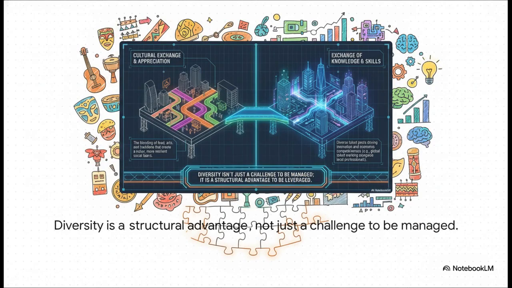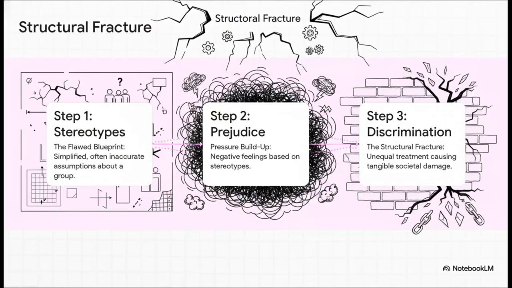And this slide just illustrates so brilliantly that diversity isn't just some problem you have to manage, it's actually a huge structural advantage you can use. When you build these bridges between communities, look what happens. On one side, you get this amazing cultural exchange, food, art, traditions, all blending together. And on the other, you get this powerhouse of knowledge and skills that drives the whole economy forward. It's a win-win. Of course, any good architect also has to understand where things can go wrong, the potential points